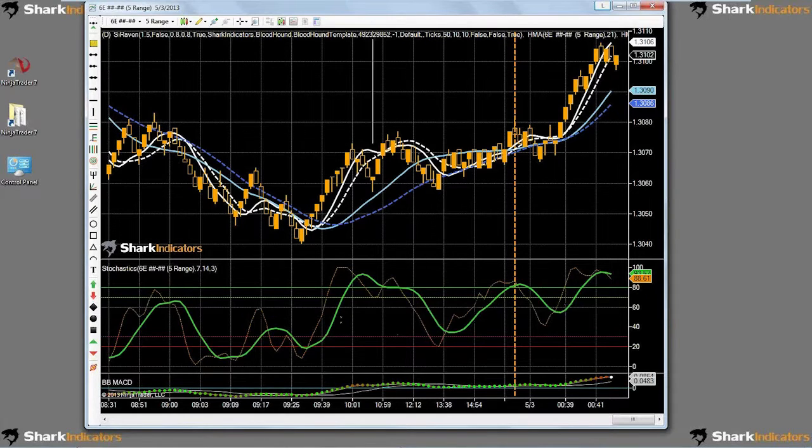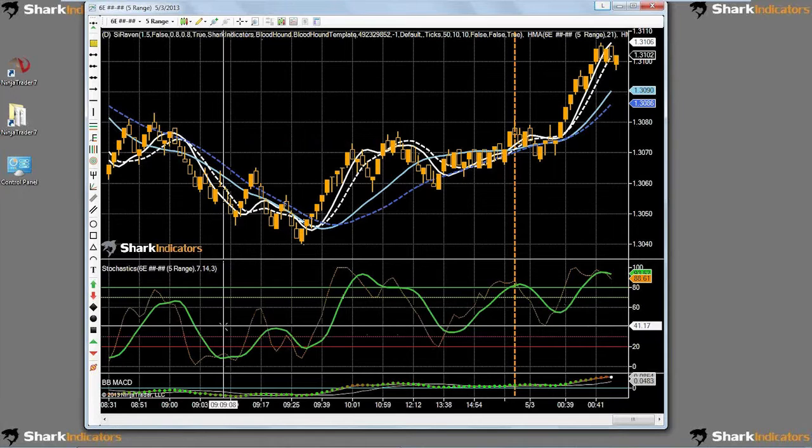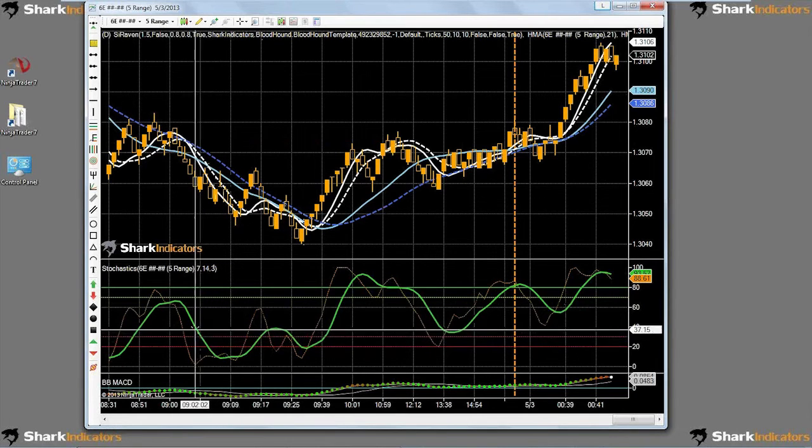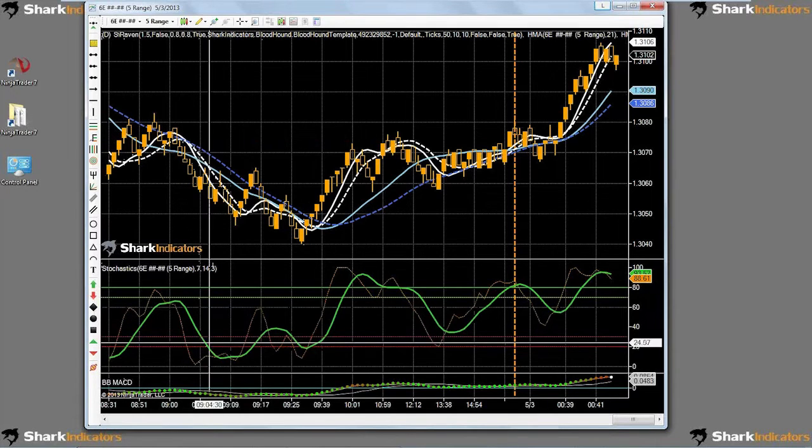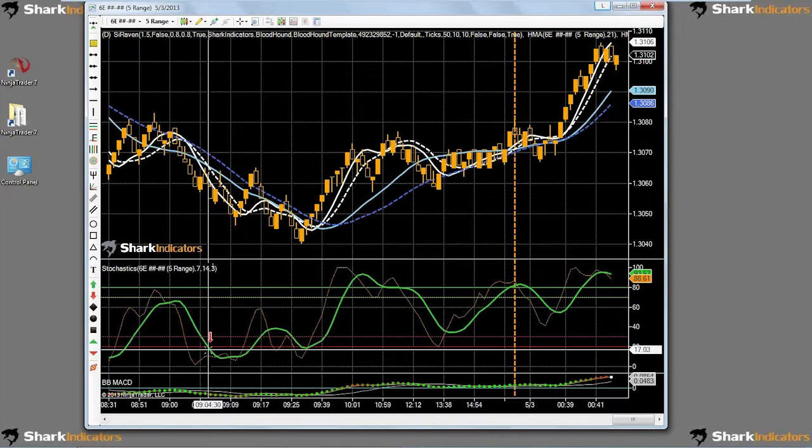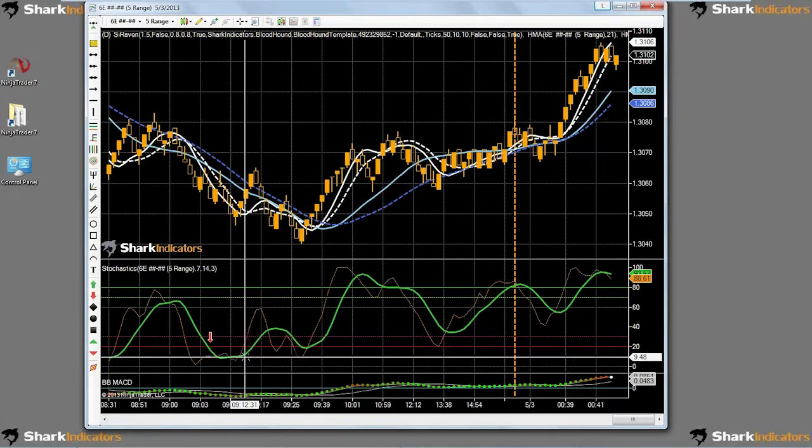And then basically the same for the short side here. So when the stochastic crosses below the 20, we want to get a short output. Basically, this is going to be like a short permissive condition. We'll hold on to this short condition